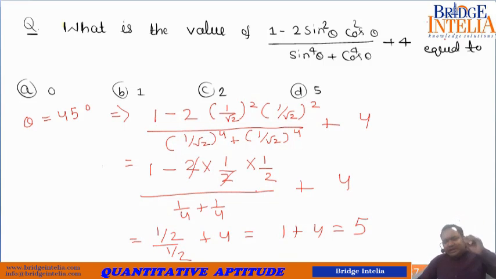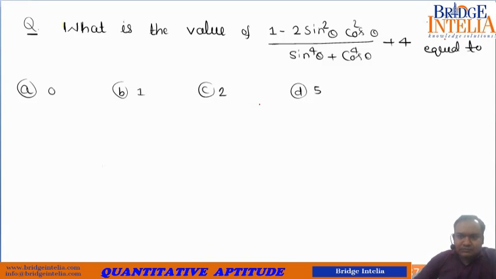So you can see that I took one particular value of theta and the answer came out to be 5, which is one of the given options. So out of the 4 options, only one can be correct. So by taking one particular value of theta, I have managed to find the answer, which is equal to 5. But let us also see the good old traditional method, how to solve this traditionally. So let us see that. So now let's apply the traditional method. So if you look at the expression, there is a big hint there.